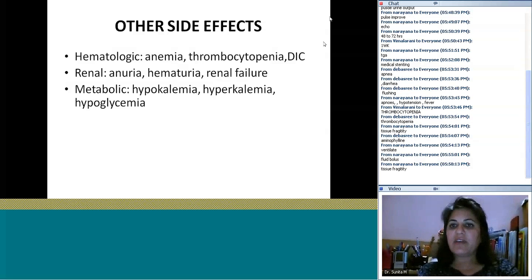So one is tissue friability. What does that tissue friability do? That actually affects your surgeon. If he goes in to close it, he may actually cause bleeding. You may have a lot of bleeding. Putting sutures through it is many times difficult, right? So that is one side effect.